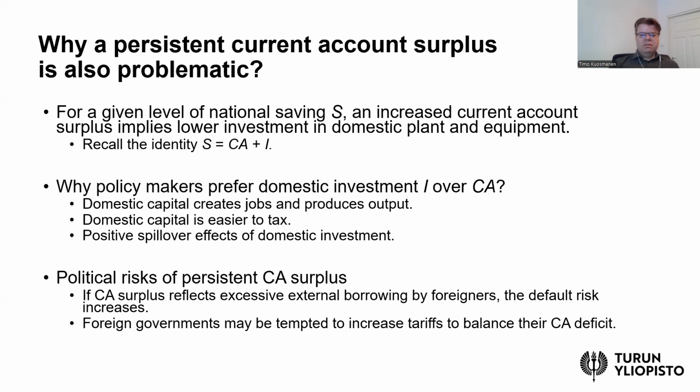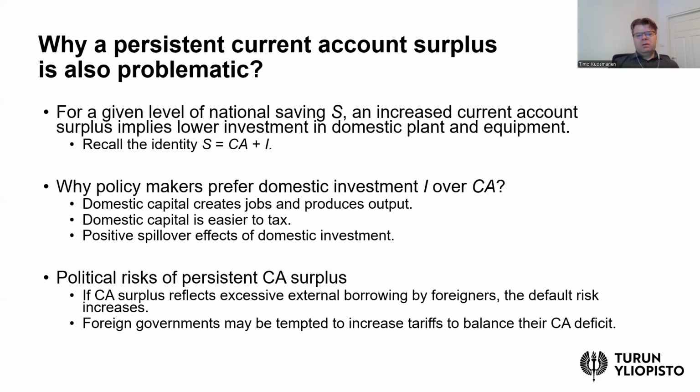So national savings was equal to the domestic investment plus current account. So if current account is positive, there is a trade-off that there will be less domestic investment, and that could also be a problem if this domestic industry, for example, is not so competitive that it's worth to invest in the home country.